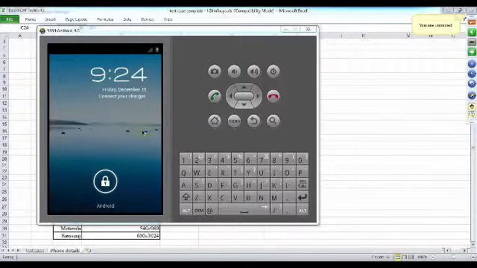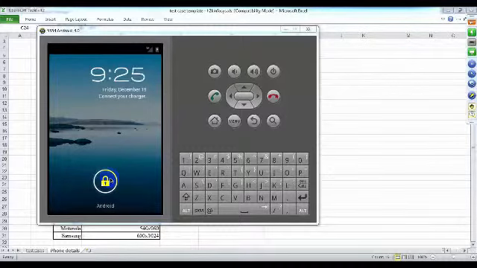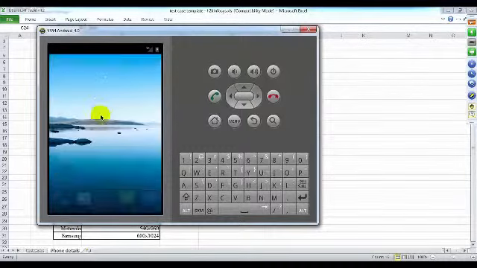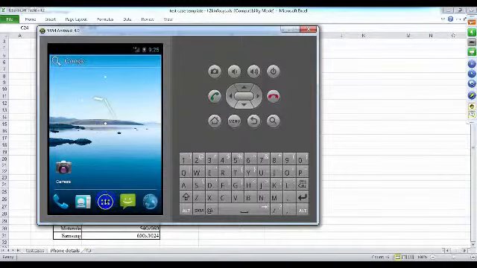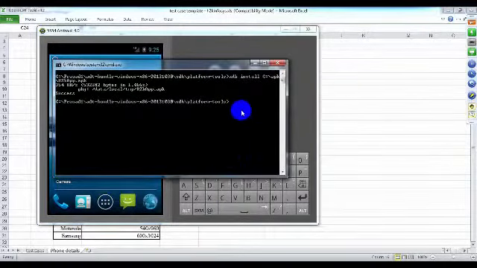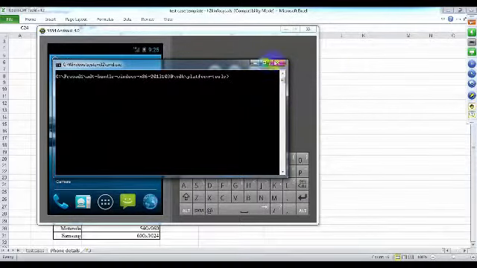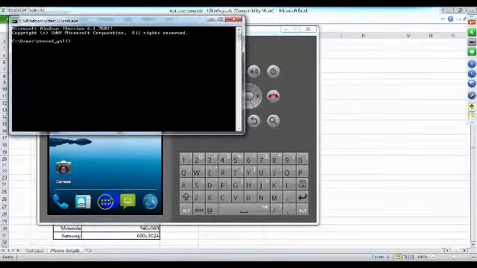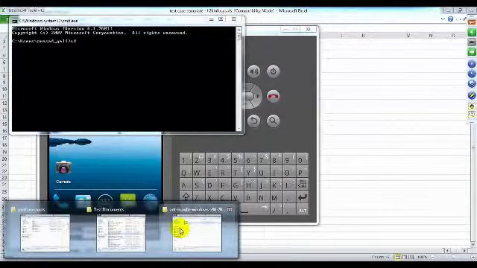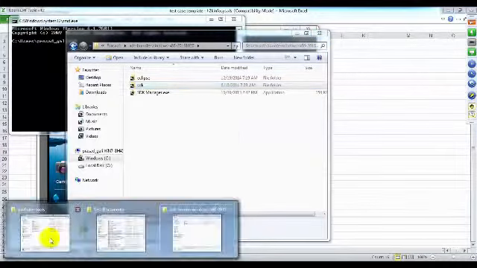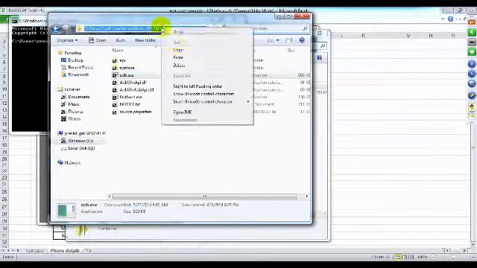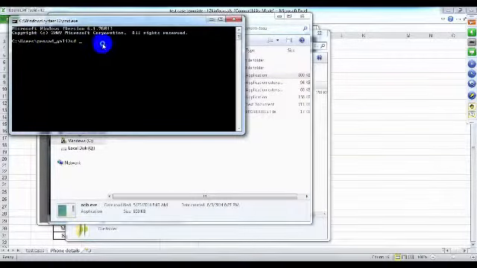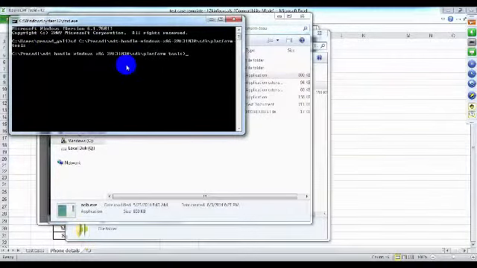Okay, so once it is created, you can see your device here. Right now you can install your application. If you want to install the application, go to your command line tool. Let's open this command line tool once again. Open your command line tool, and change your directory to where your ADB tool is pointing. My ADB tool is here. Just point here, the ADB tool, CD,